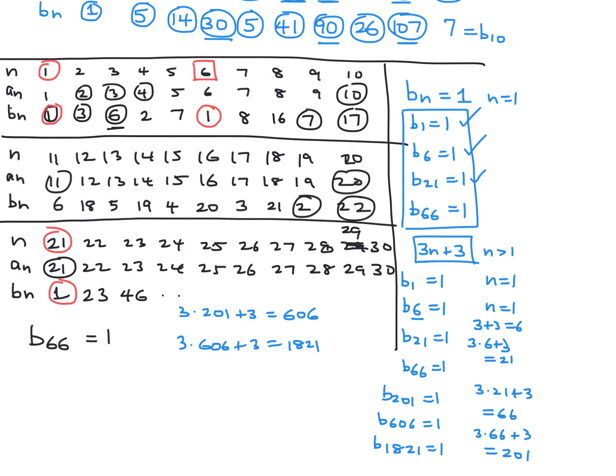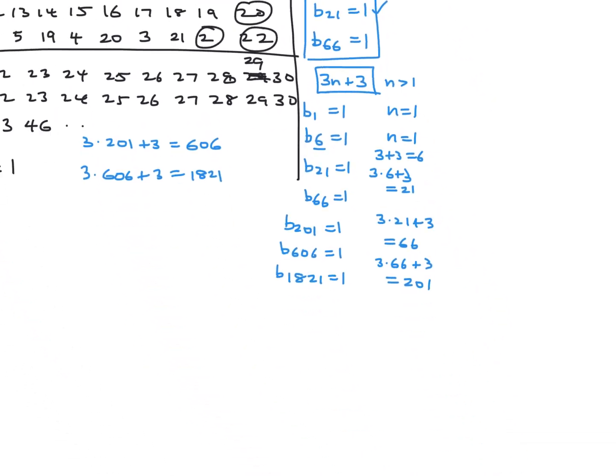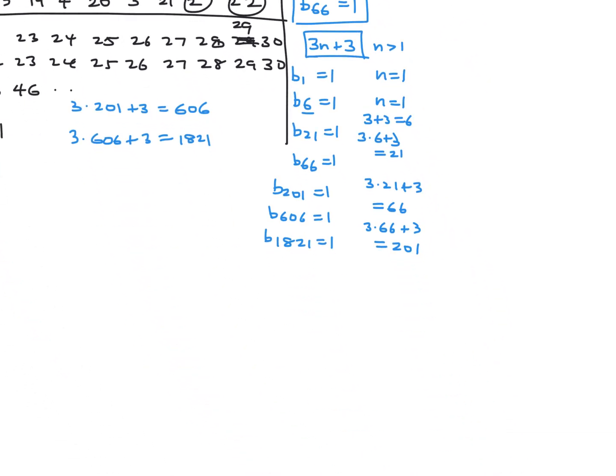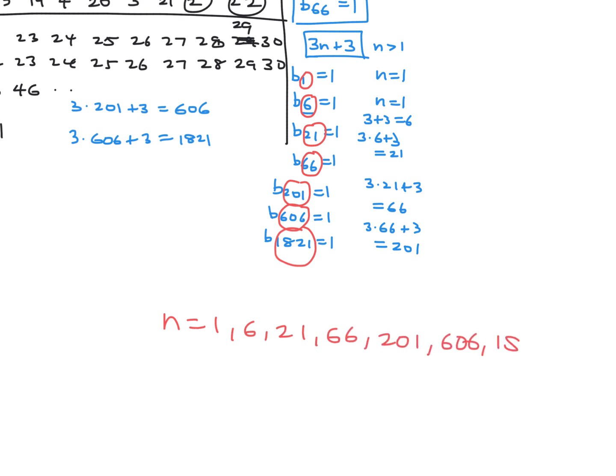So what is the question asking? Determine all positive integers n. Okay, so all positive integers n would be n equals 1, 6, 21, 66, 201, 606, and 1821. So 1, 6, 21, 66, 201, 606, and 1821, for which b_n is equal to